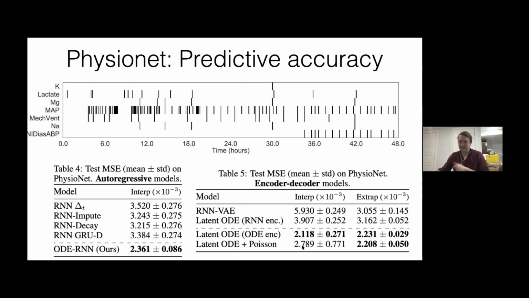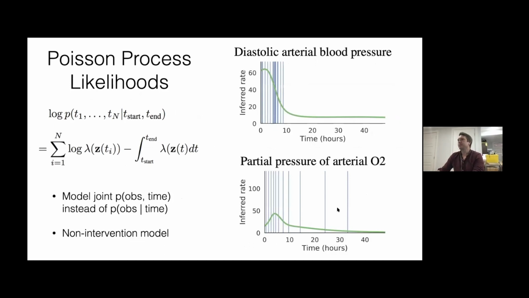That didn't help in this instance because I think the data was sampled too densely, this Poisson thing, which maybe only slightly helped. One of the nice benefits of continuous time is that we can actually condition on the time at which observations were made as a source of information about our latent variable. So in lots of settings, just the fact that an observation was made tells you a lot about the state